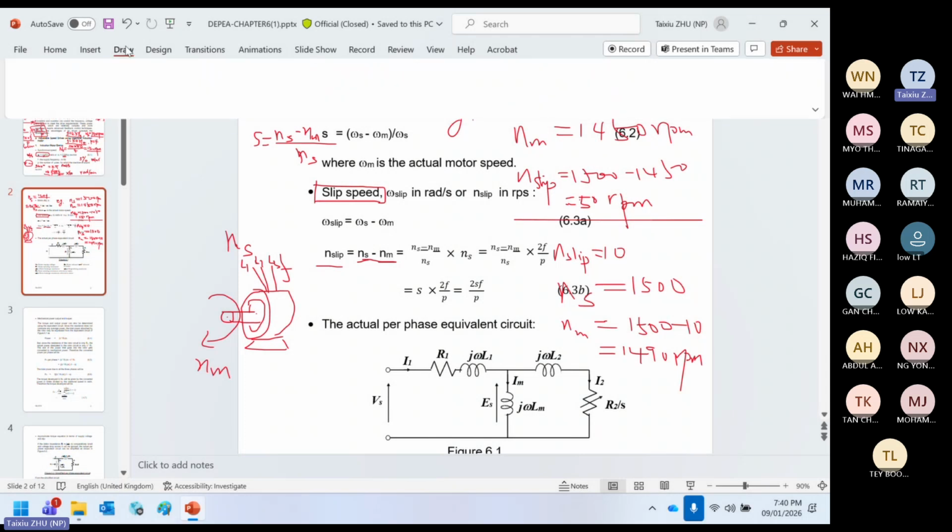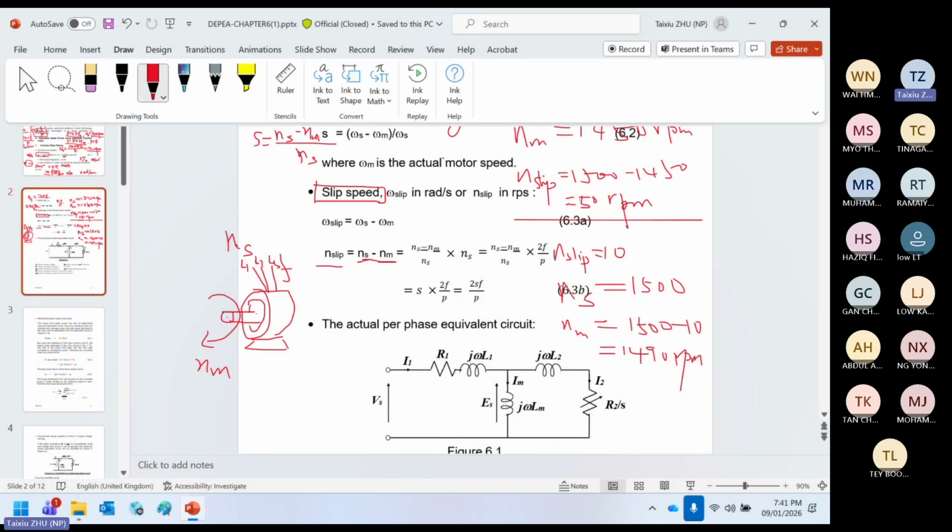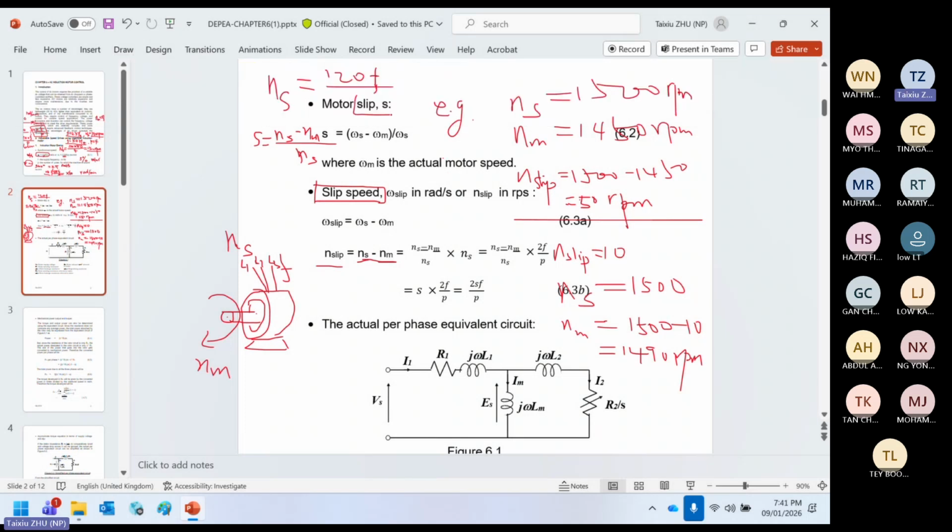Now it's different names actually, representing different things. So you can tell there are two things: one is the slip speed, another one is the slip. The slip basically is a percentage, right? Actually, from here we can also calculate the slip. You see here, for example, I still use this, so wait a minute. In this example, I can calculate the slip as equal to synchronous